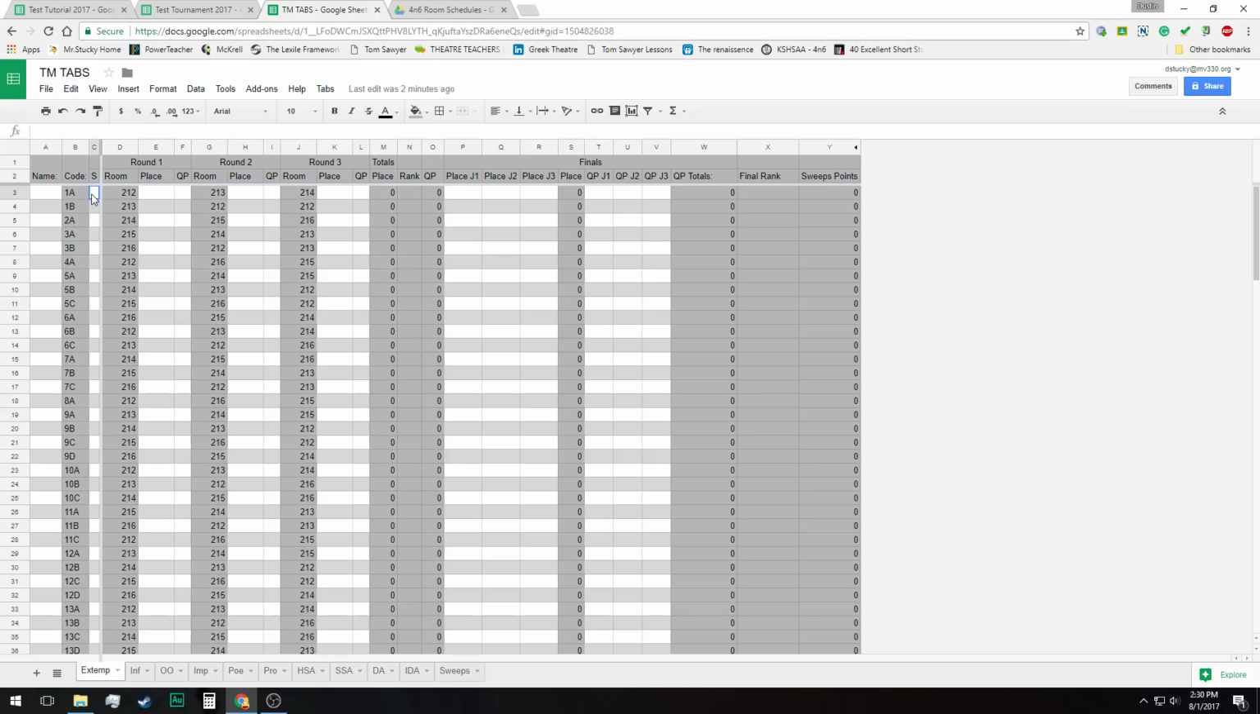So at most tournaments that I've attended, not every participant counts for sweeps, but many do. So in order to allow you to select whether or not a participant contests for or adds to sweep points, I've included this column under C, and it's simply labeled with an S. And if one of these contestants is counted for sweeps, simply put an X in that column by their name or by their code. So typically all A's and B's are, but